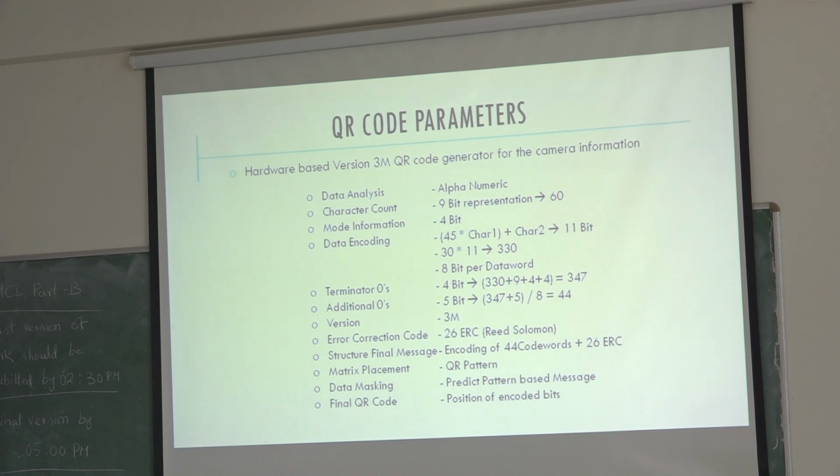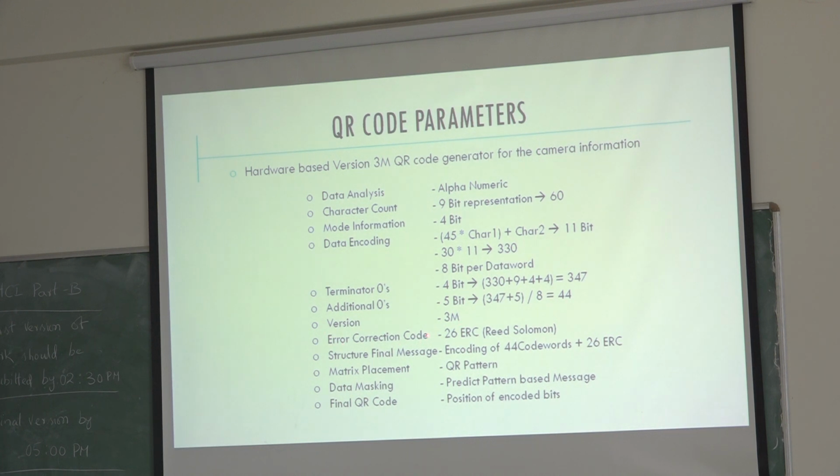So for that remaining data word, they'll add the known key, which is actually 17 and 219. Sorry, not 289, 219. 17 and 219. They'll repeatedly add them as alternates, 219 and then 17. Like that, they keep on adding and fill the remaining data words. Okay? So the version is fixed for the 3M.